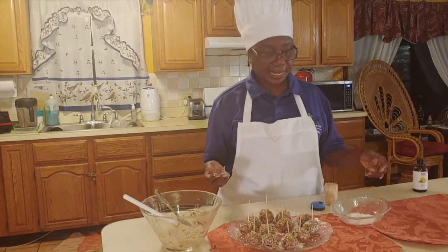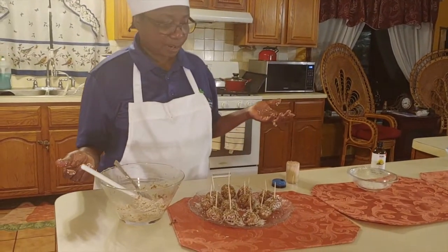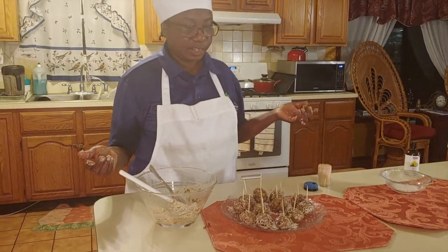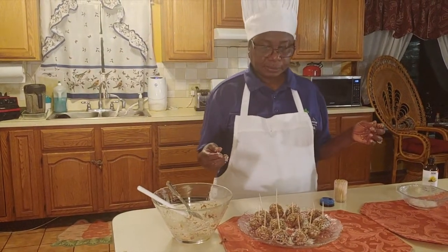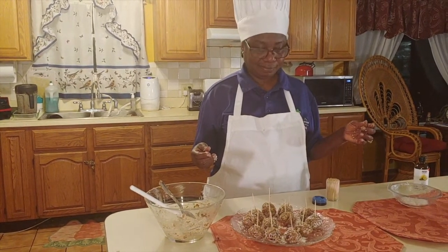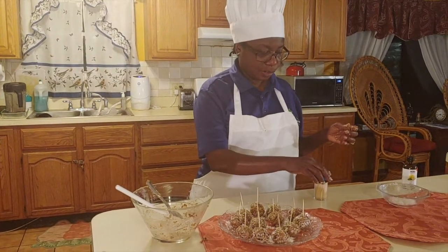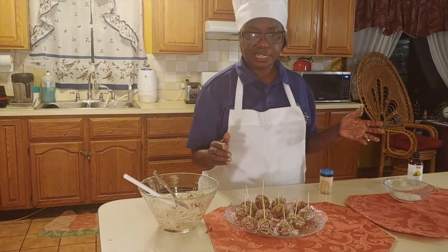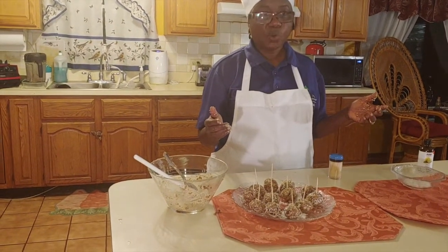Now you can make this ahead of time, put it in your refrigerator, and when your guests come over and they're finished having lunch or whatever, you serve your very, very tasty lemon balls. All right, so we're going to transition a little bit and we're going to make another recipe, which